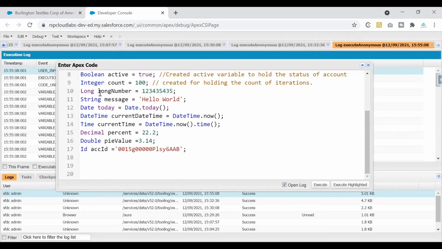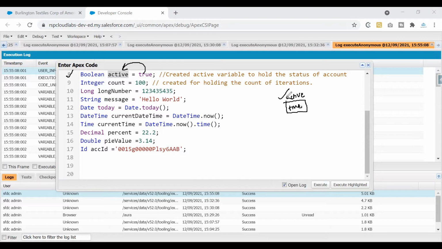Now we have seen how exactly we can declare a variable. What if I have to use this variable? How can I ask the system to go ahead and fetch the value that is there in the variable called act? If you see line number 8, this is how it would look. If you remember, we have created a memory block. When you ask the system to execute line number 8, on line number 8, it would look at the data type. The data type is Boolean, so this memory block is used for accommodating either true or false information. And what is the value that we have assigned to this active variable? We have made it true. So this is how the system would hold on to this value.